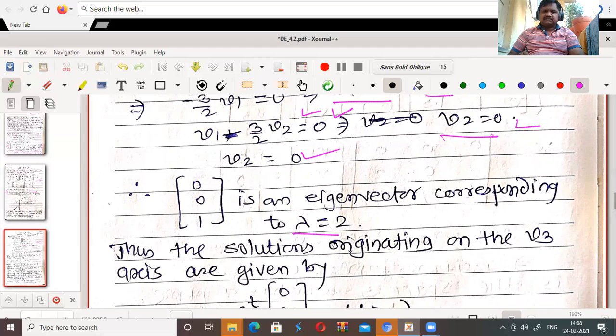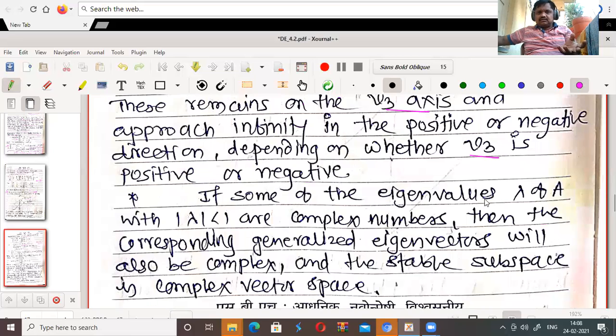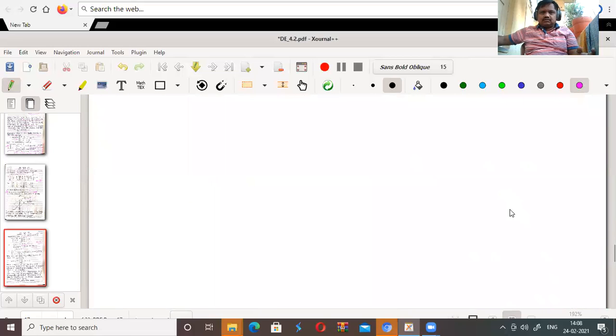This is not a stable subspace. There is a solution originating on the V3 axis. Now we don't know about this one. If this is a solution there,